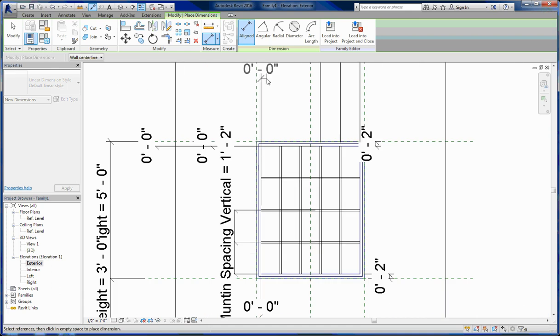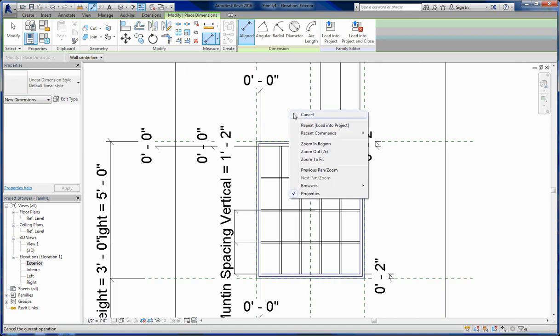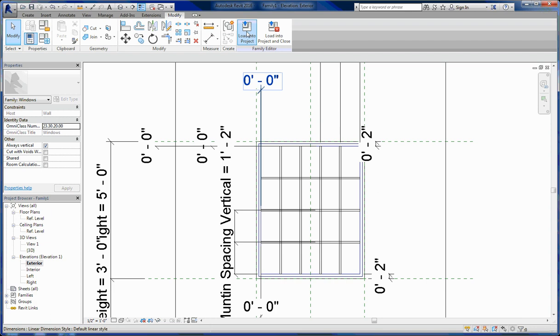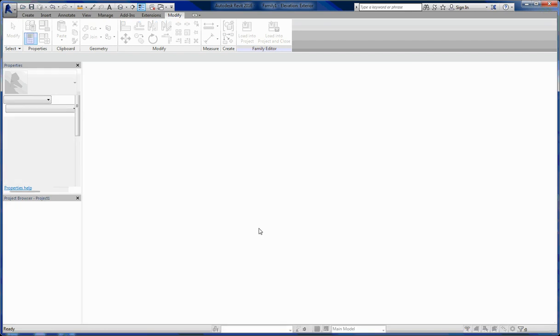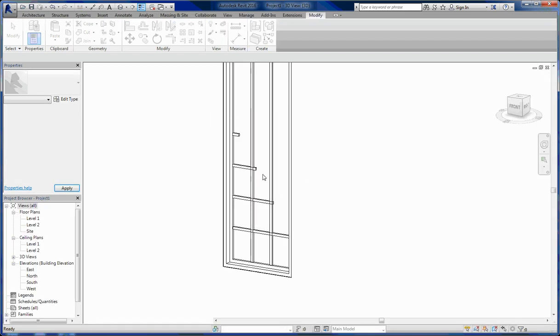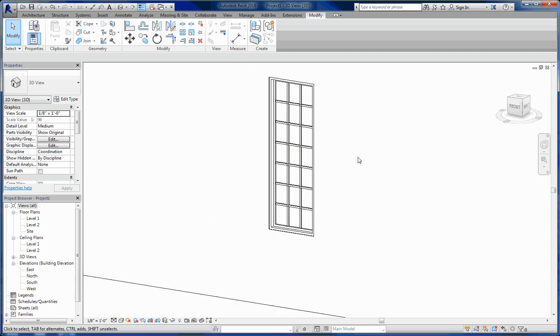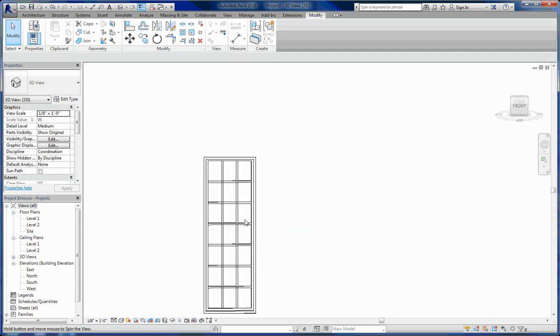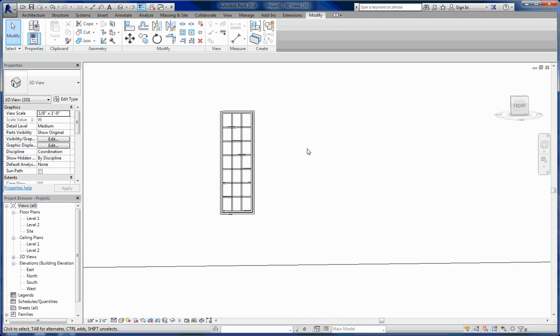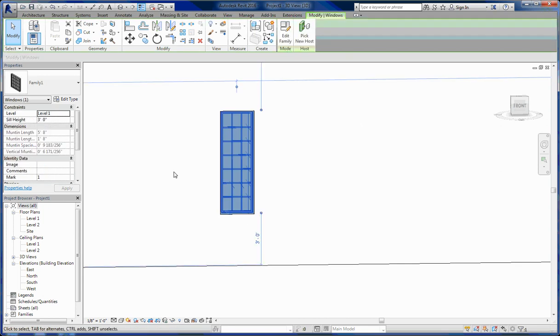So if I grab that and lock that into place, and now load that into the project and override that, now everything jumps to where it should be. That's much better. Okay, so now it looks like everything's working pretty well for us as far as dimensions go,